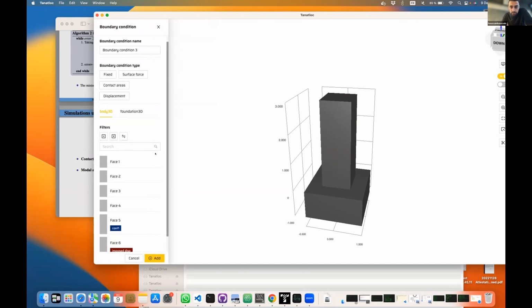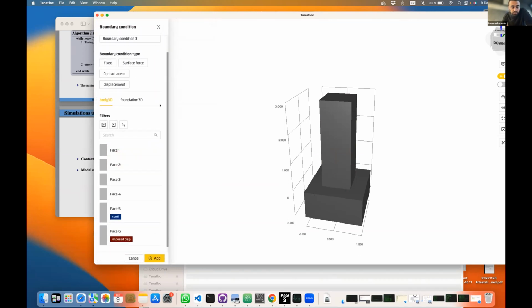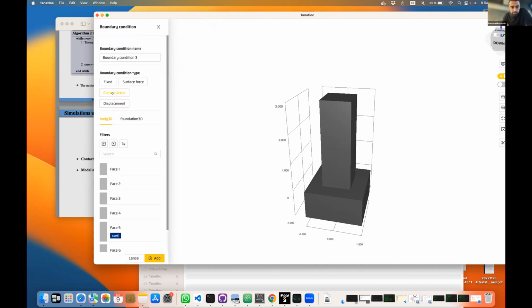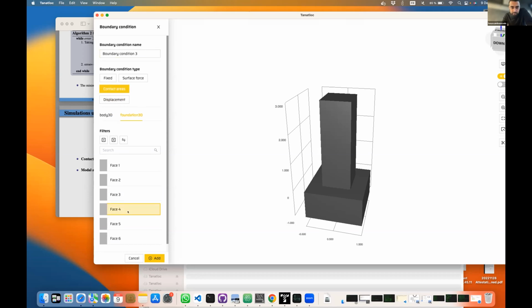Then we also have to choose the contact area for the rigid foundation, the potential contact area. In the Signorini problem, it's not necessary to choose the potential contact area for the foundation. We will do it anyway. Foundation contact area, it will be